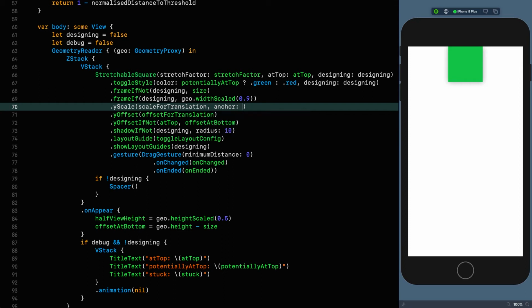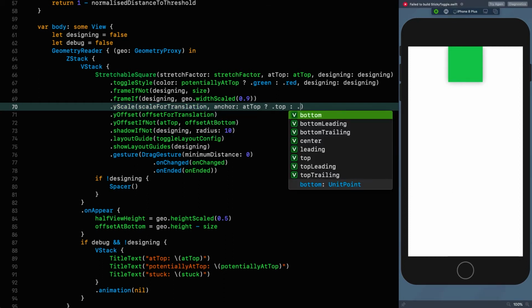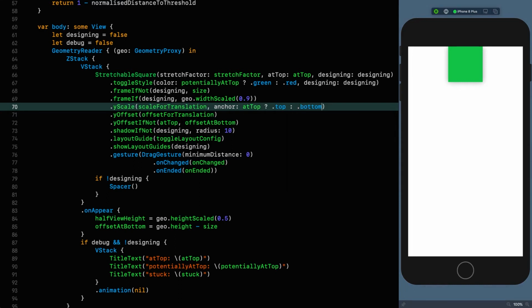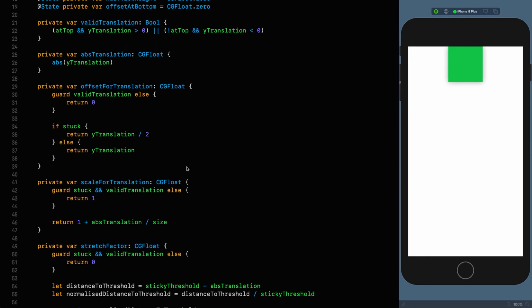We put an anchor in at top. Yes, then it's the top. No, then it's the bottom. Just like that. Now we also need to change the calculation code because we don't need to do any of that funny stuff with the translation now. So offset for translation becomes,